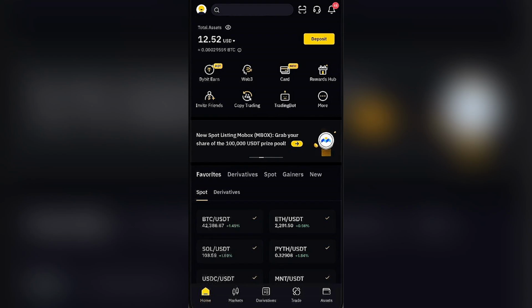If you're looking for your Bybit wallet address, you are in the right place. I'm going to show you quickly and easily how you can locate that address. Let's get into it. So from your Bybit app, we're going to travel up to the top of the page,